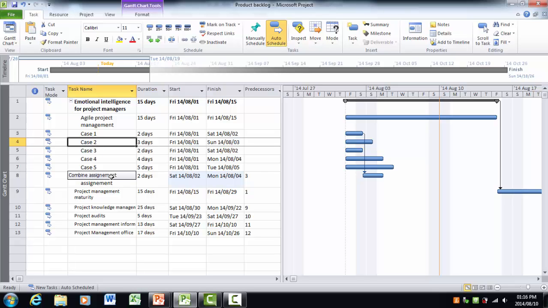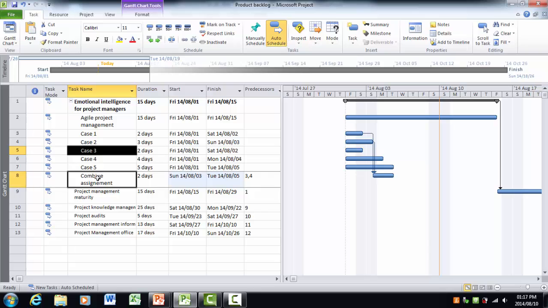So I click on case 2, I hold in control, I click on combine assignments, and I link. The same thing with case 3, click on case 3, hold control, combine assignments, and link. Case 4, control, combine assignment, and link. Case 5, control, combine assignment, and link. Alright, so now you can see that